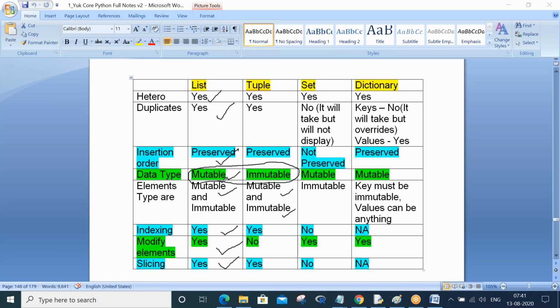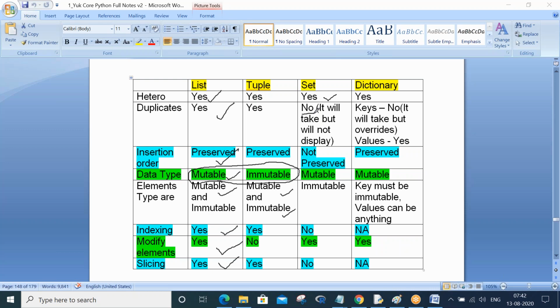In set, heterogeneous is possible. You can store in set not only numbers, you can also store strings, floats, likewise. Can set take duplicates? The answer is no. But in the braces, I have written something, you please see. It will take, but will not display.